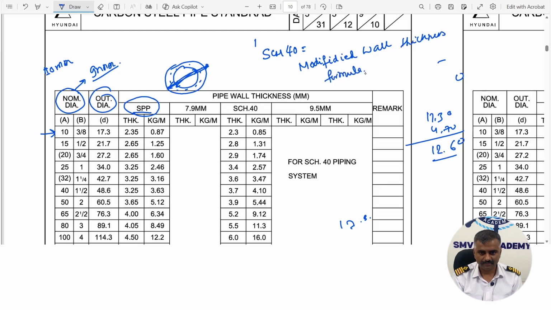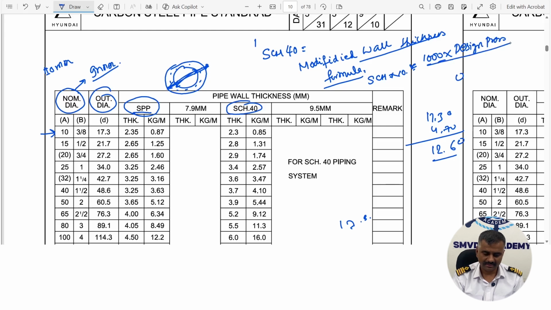Devised by Barlow. So basically, schedule, we are talking about the wall thickness. How do you determine the schedule? There is a formula for schedule number. SCH number, the schedule number, is equivalent to 1000 multiplied by the design pressure or the service pressure